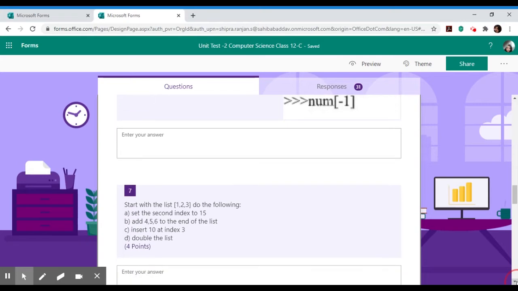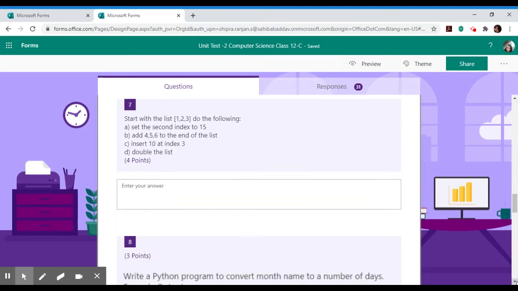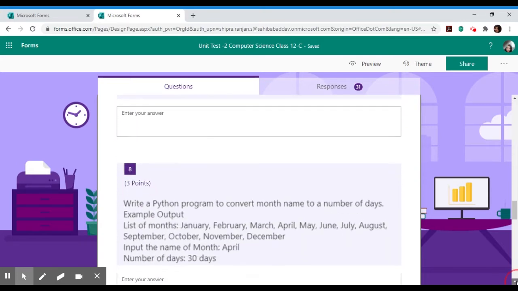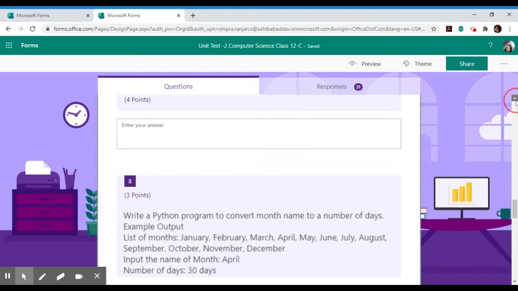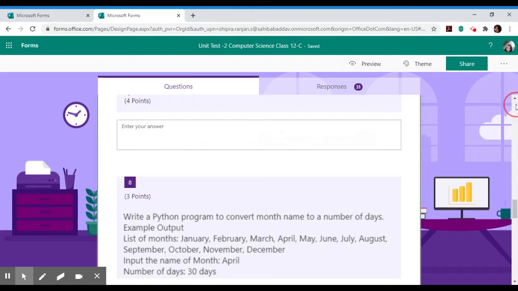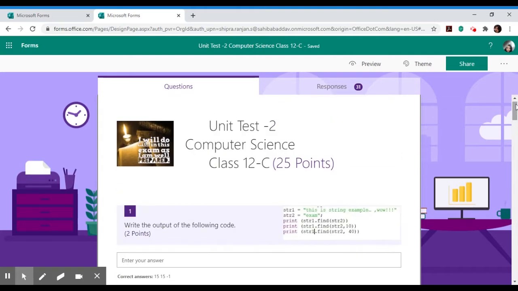So this is a question paper which is a combination of subjective as well as objective questions. Now let's see how this can be easily reviewed and given feedback through this Microsoft Form.